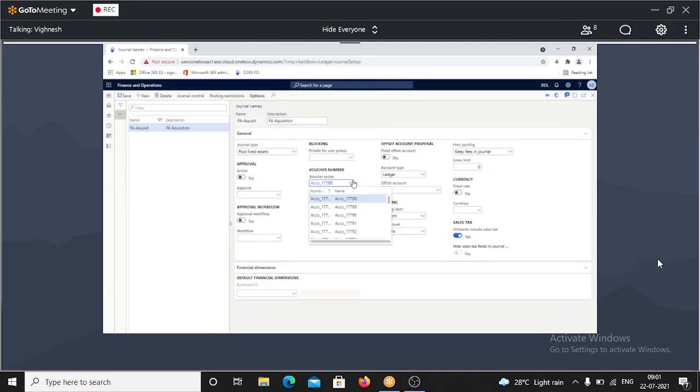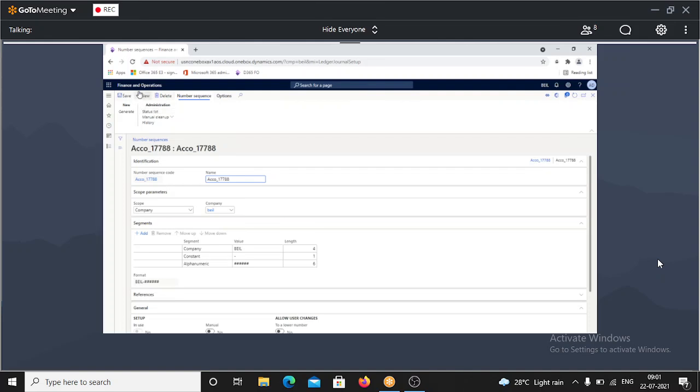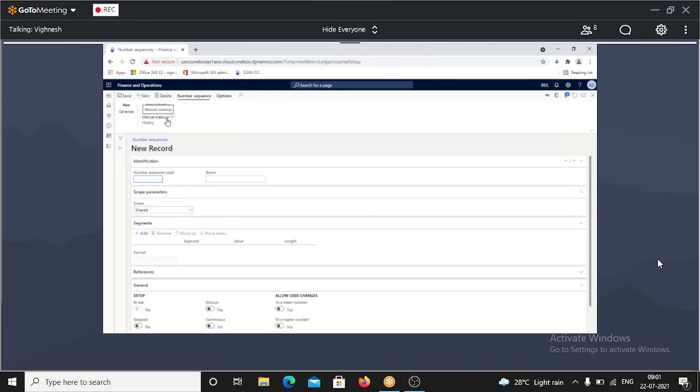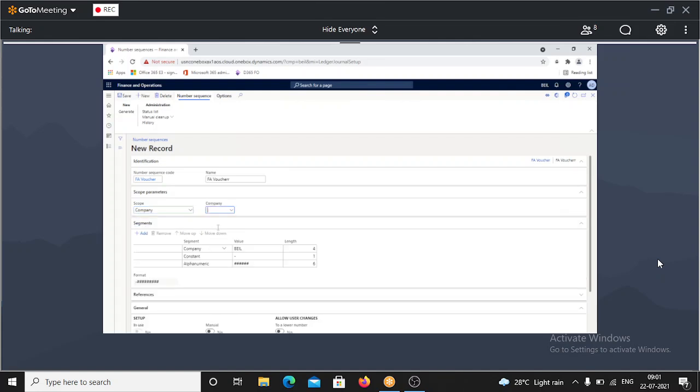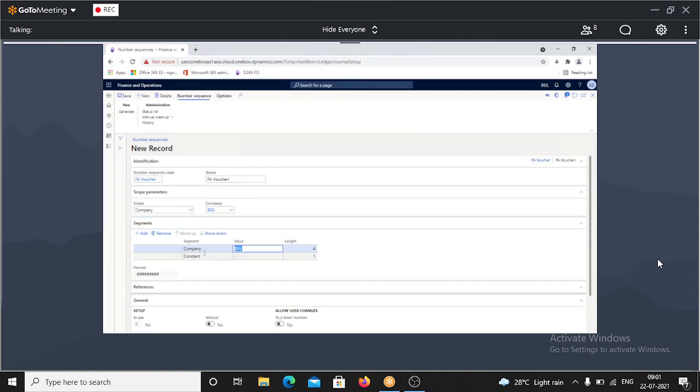It says this voucher number from this particular number sequence is already used, so I'll create a new one. FAV, for example,